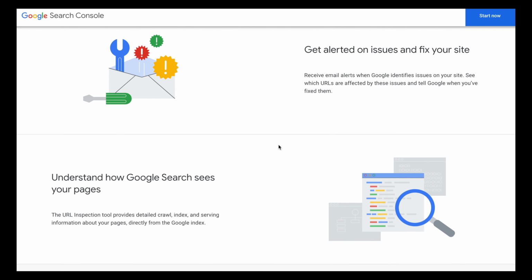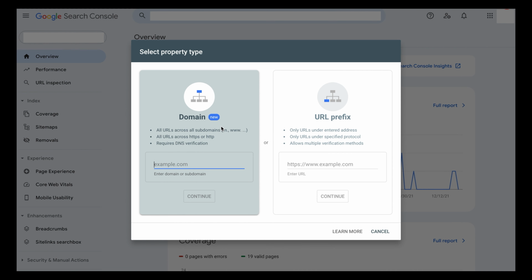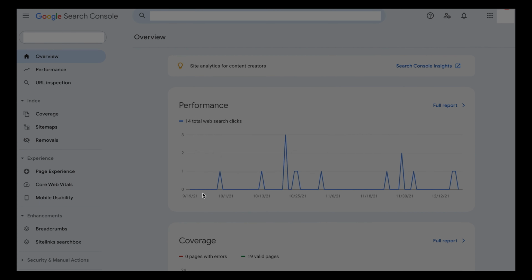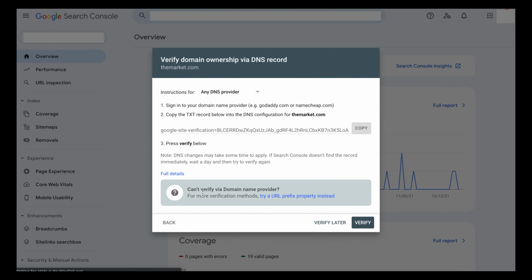When you first create your account, you'll have to verify the property. The property is considered the website or the domain, to show you own the website or domain that you're about to add onto the Search Console, because they're not going to give you the performance of your competitors. Of course, you're going to have to do it yourself and say that you own this website. So you do this by putting in the domain name of the website or the URL prefix, whichever one,